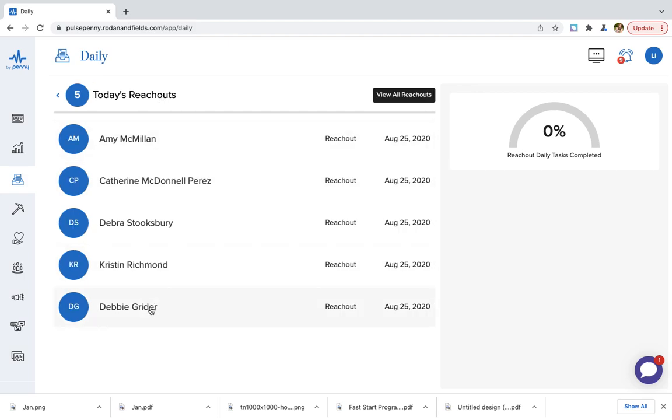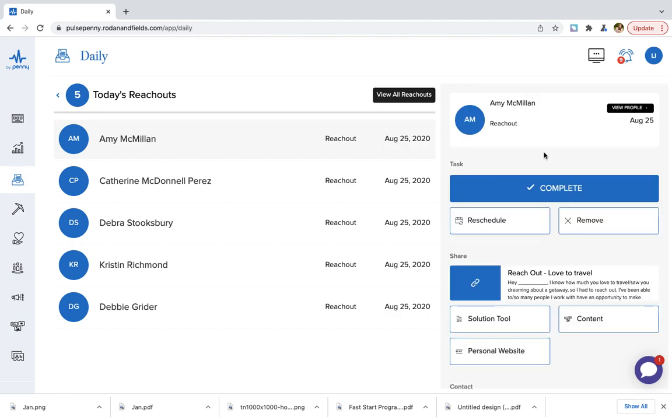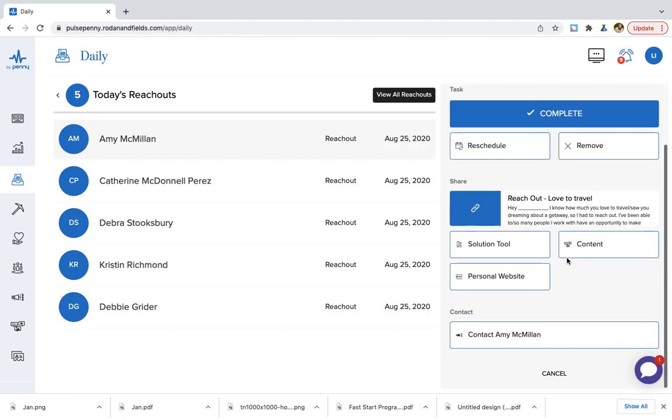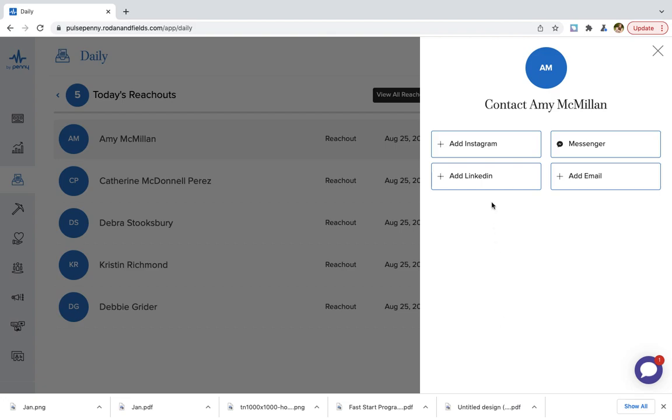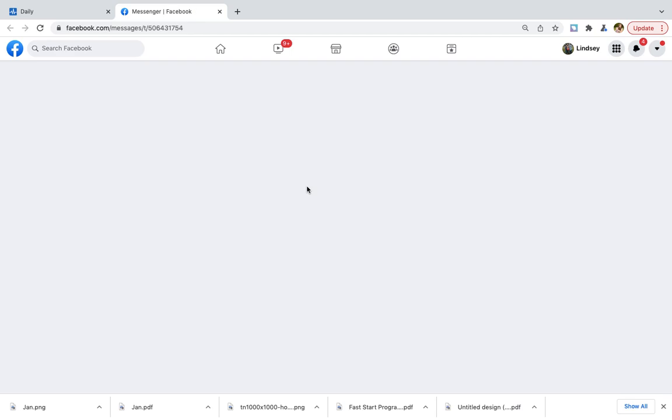Penny tells me today I'm going to talk to these 5 people. Great. Amy McMillan. I can go down here to contact Amy, and I can click on Messenger. And it's going to automatically bring up Amy McMillan in my Messenger thread, which allows me to very, very easily